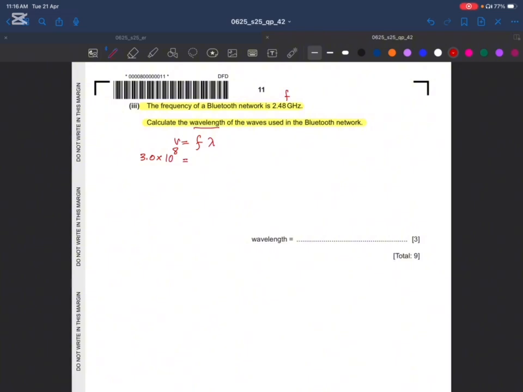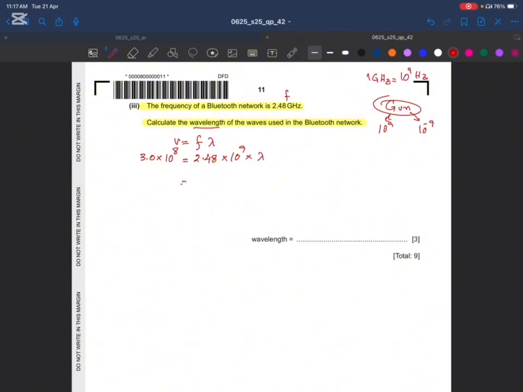Frequency is 2 gigahertz. So remember this thing that 1 gigahertz is equal to 10 to the power 9 hertz. You can remember it this way: giga is 10 to the power 9, and 10 to the power minus 9 is nano. So you can remember this conversion in this way. So 2.48 into 10 to the power 9